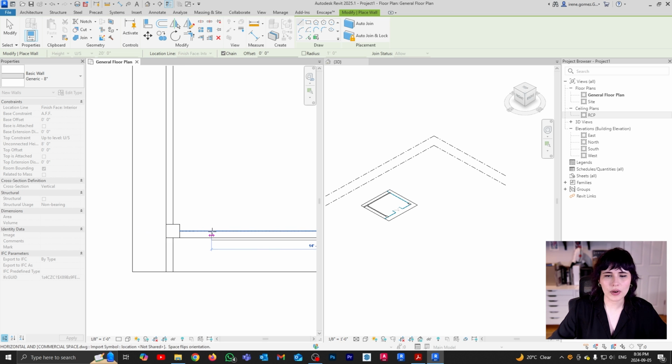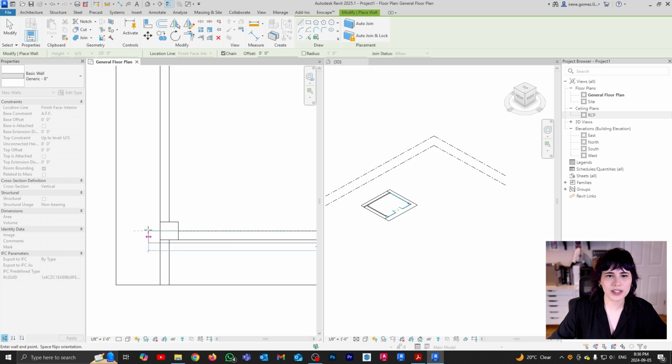So what I'm going to do now is I'm going to continue with my wall. Now, you can see that here we have a column, and you might be very tempted to just stop your wall here because the wall ends and a column comes. Except that Revit doesn't really work like that. In Revit, when you're drawing walls, because walls are going to be kind of like the perimeter of your project,